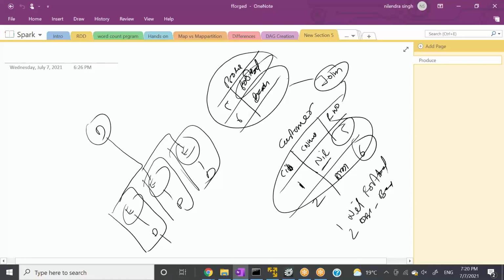So maybe you have Nilendra here with 1 and product 5, so this one record is present here, but you cannot guarantee that the fifth record of the product is on the same node. You cannot guarantee, and that's why joining will always lead to shuffling.